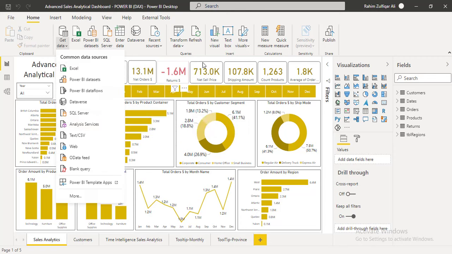In this particular sales dashboard, I have imported data from 3 different sources, and I have created a star schema. Before going to the star schema, let me explain what those 3 different sources are. I have brought the data from Excel workbooks, text and CSV files, and then Microsoft Access.